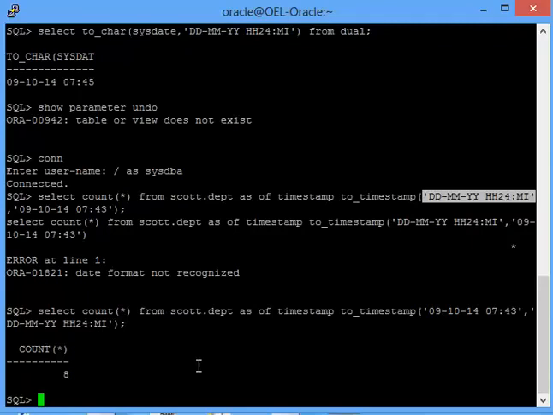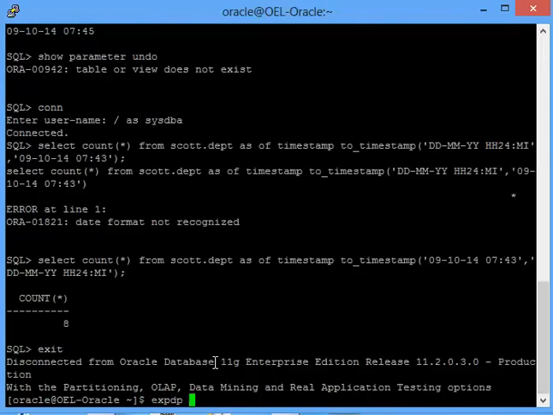Then what you do as a DBA, you will go back to the application team or someone who is requesting, and you will tell them, yes, definitely we can bring back the data as of 7 hours 43 minutes, and then you will ask for some time. So basically, before you do a flashback on this table, the first thing you do as a DBA is take the backup of this table, right? So I'm taking a backup of this table now.